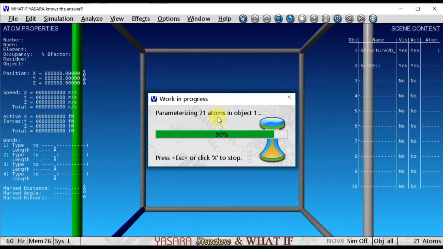So the energy minimization process has started. I'll show you once it is over. You will get a simulation cell box like this. It means energy minimization is going on.